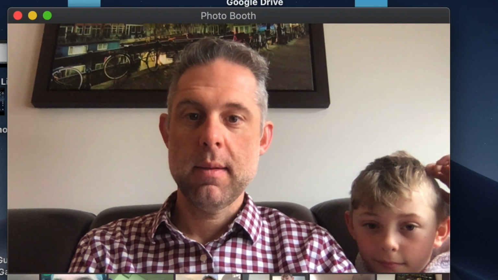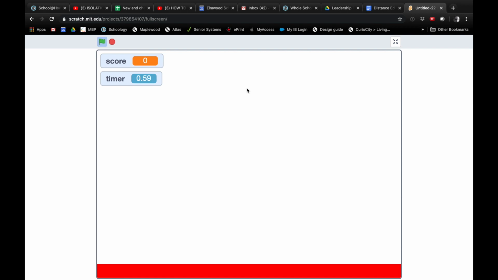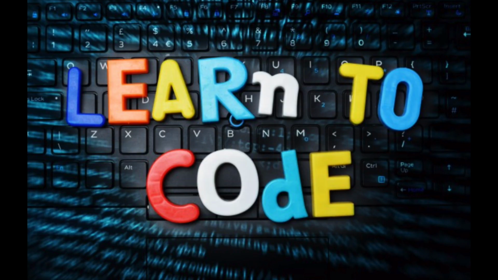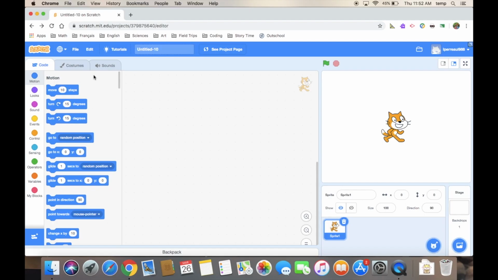Today we are going to make a balloon popping game that when you start it, balloons drop from the sky. When you click them, they pop. And you see how many you can pop in 30 seconds. So we're going to go to